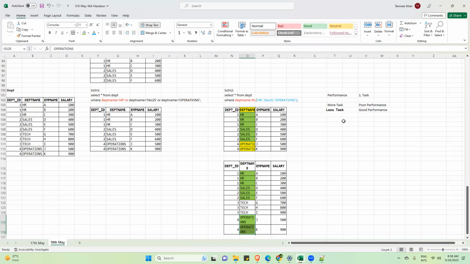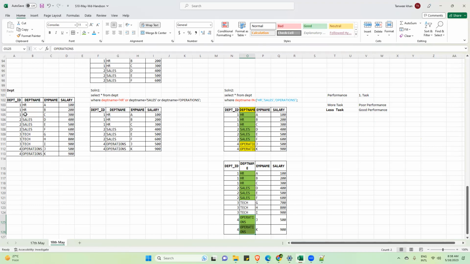Okay, now I have one more requirement, because based on this we will discuss further. Suppose the question is: I want the details of employees who are in the HR department and earning salary greater than 100. What is the condition?